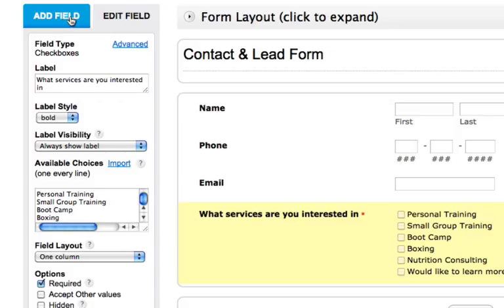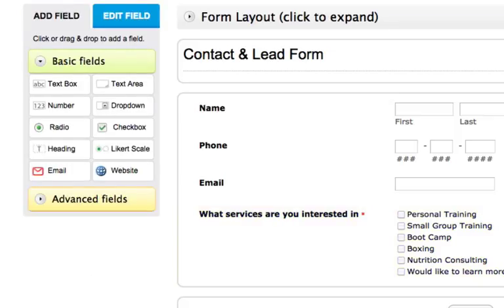We're going to go back to add field. Now the next thing that I personally ask is, are you wearing an internal heart regulating device such as a pacemaker? Mainly because I take body fat using a handheld body fat monitor that sends a shock throughout your body. And if you're wearing a pacemaker or something like that, you cannot take body fat. So I would definitely recommend that you use your radio button,